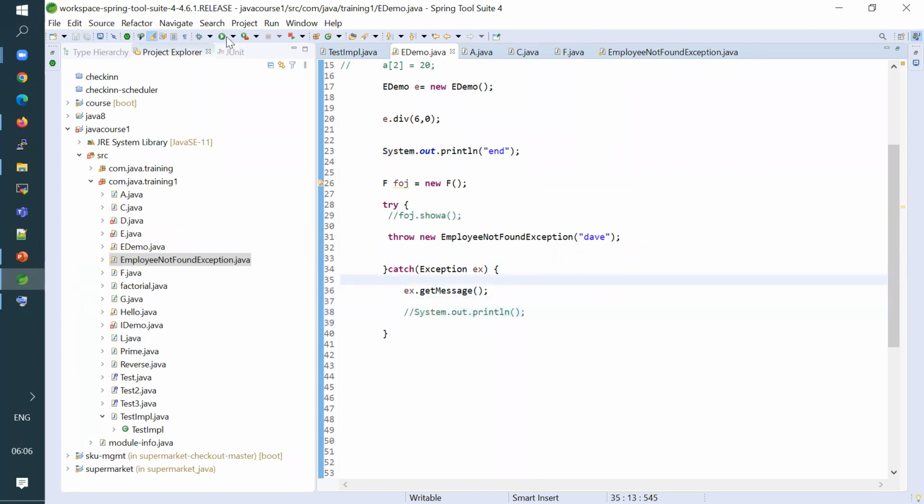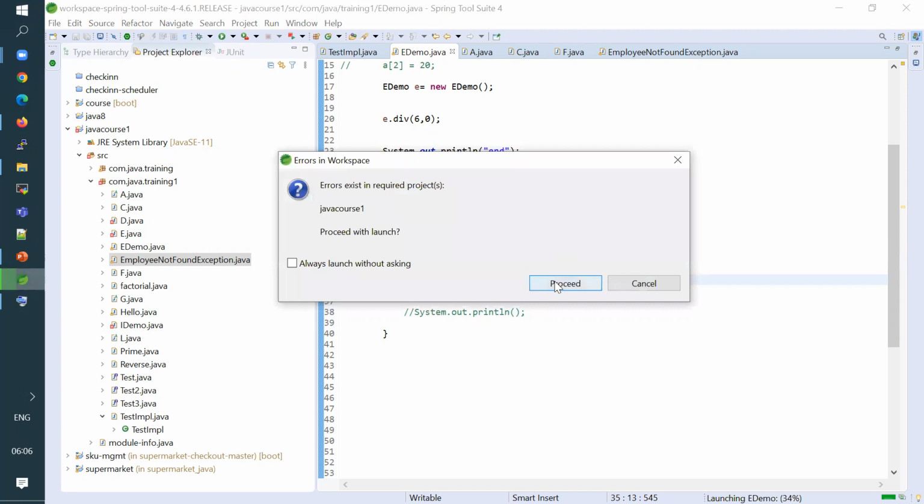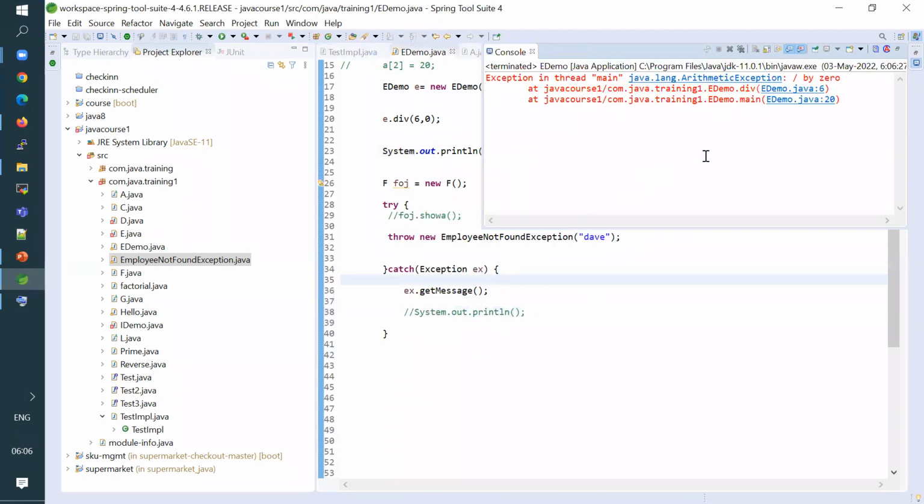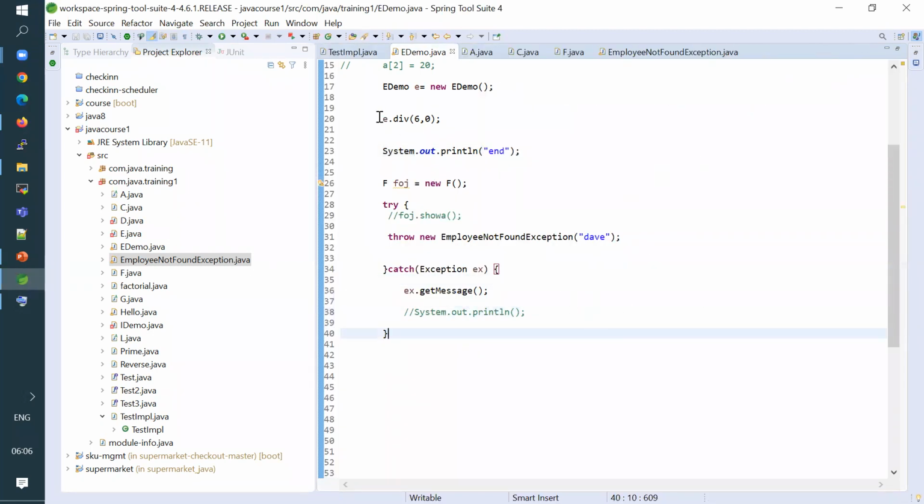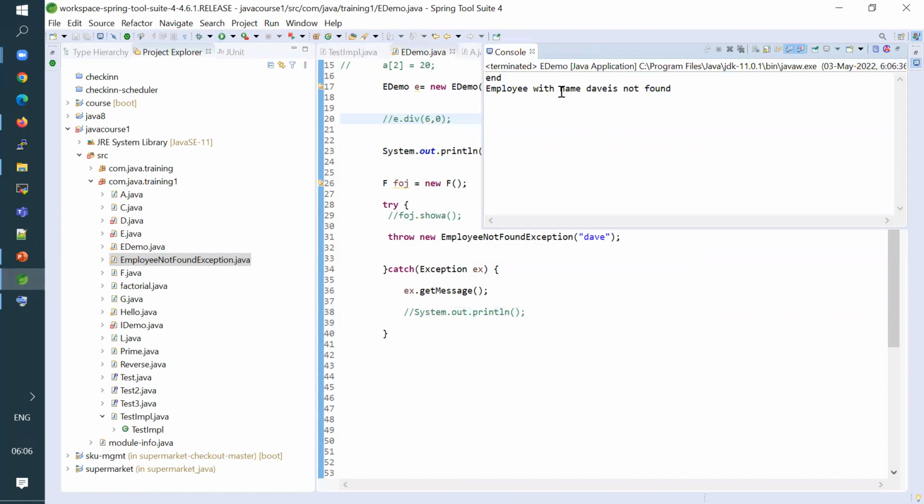Now when I execute this, we are checking for employee Dave, and here I am throwing the exception. So here I'm getting the exception and just printing the message: Employee with name Dave is not found.